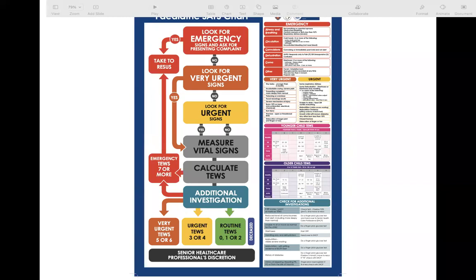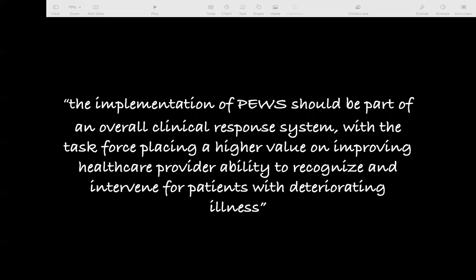A yellow patient you should see within the first hour, maybe 2 hours. An orange patient we're supposed to see within the first 10 minutes, 10 to 60 minutes. And a red patient we're supposed to see immediately, which means between 0 minutes, like immediately, and 10 minutes, no longer than that. Just so that you understand, I've just taken you through the very, very basics